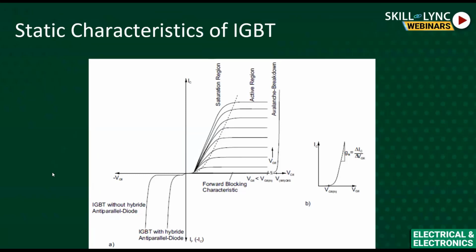And here is one interesting factor. If you need to operate the IGBT as a switch, you must operate it in the saturation region. The saturation region is where the voltage and current can increase linearly, provided you apply a gate voltage above the threshold voltage. Usually the manufacturers recommend a 15 volt gate voltage for turning on and -8 for turning off. Of course, 0 can be provided to turn off, but to make sure it is completely turned off, -8 is recommended. We will see that in practical aspects coming up.